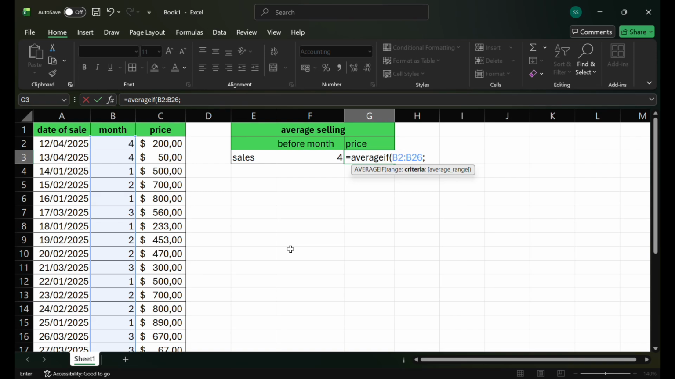And then next just enter the criteria to calculate these sales before month 4. Just type like this, less than, and then just select the